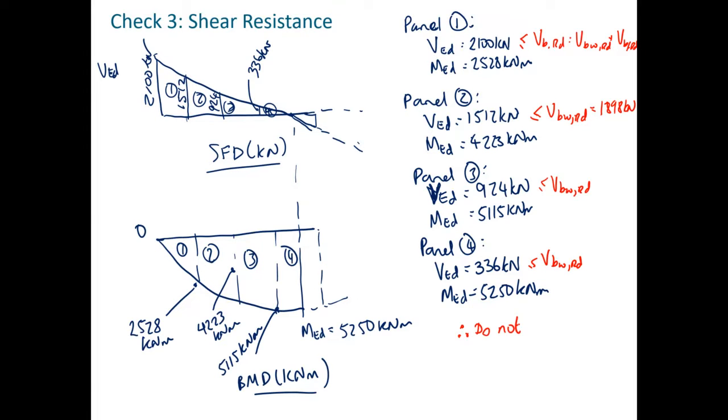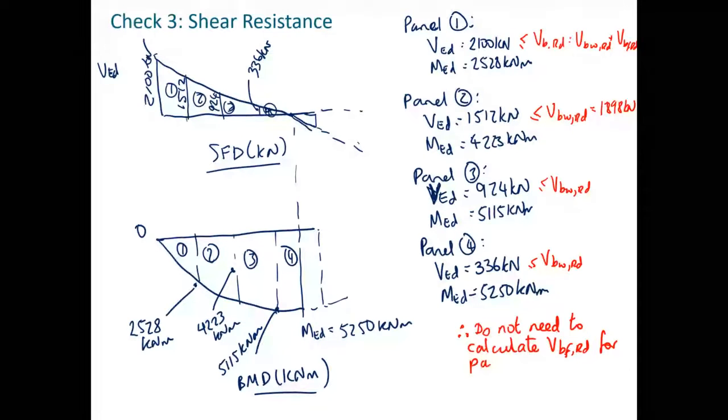So we don't need to calculate the shear buckling capacity of the flange for panels 2, 3, or 4,